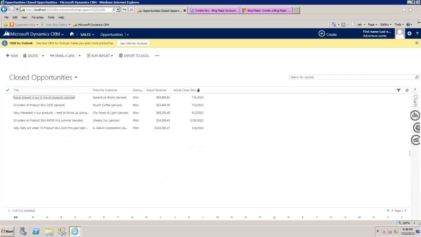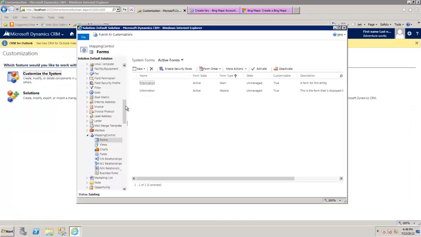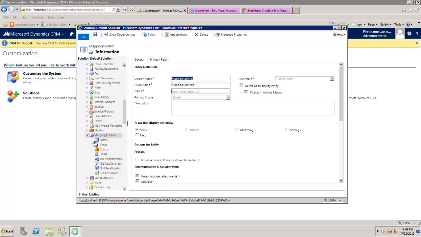Also note that since composite controls cannot be customized in this release, that is, they are shipped out of the box for specific out-of-the-box entities, Bing Maps control would be useful only on specific types of entities. What I mean by that is if we look at a custom entity, for example, on my system, I have a custom entity which was created called mapping control. If I look at the forms for this